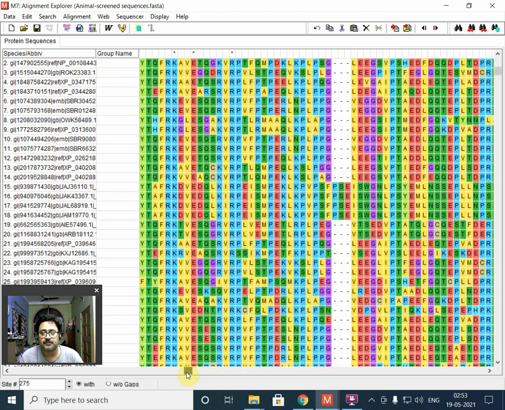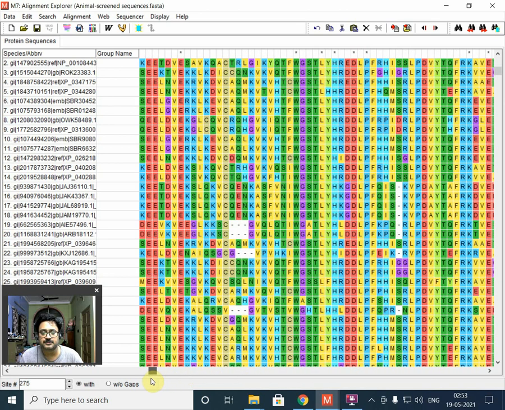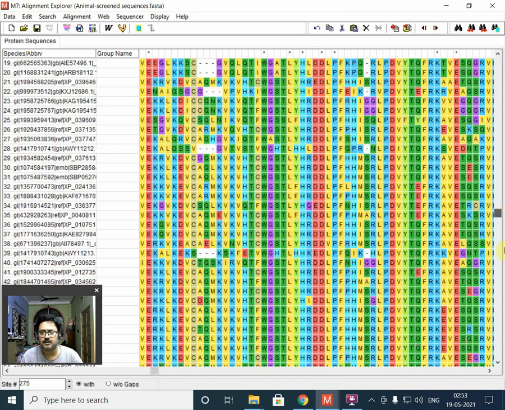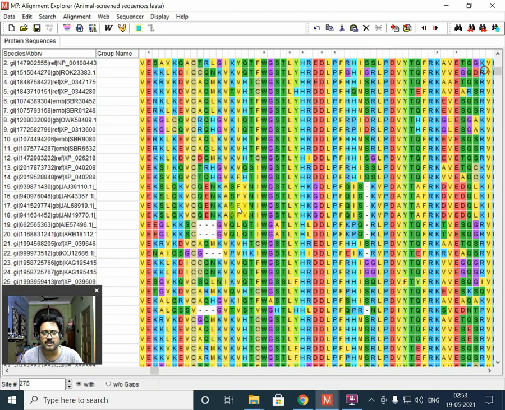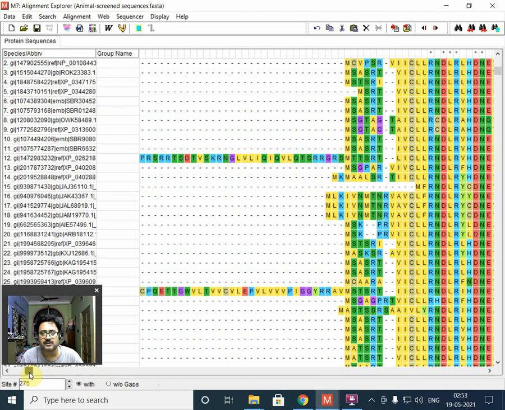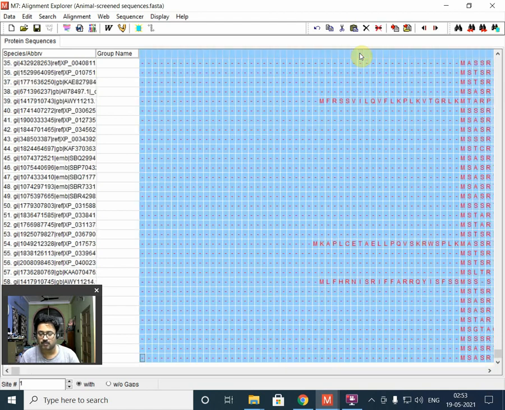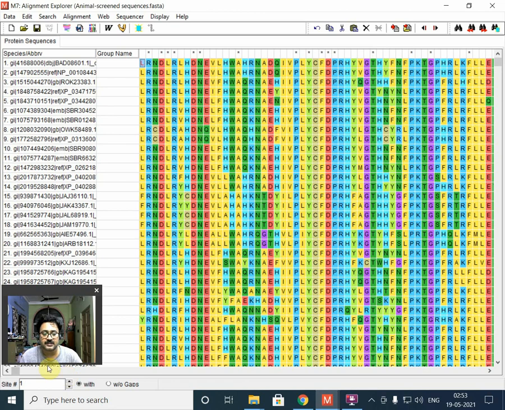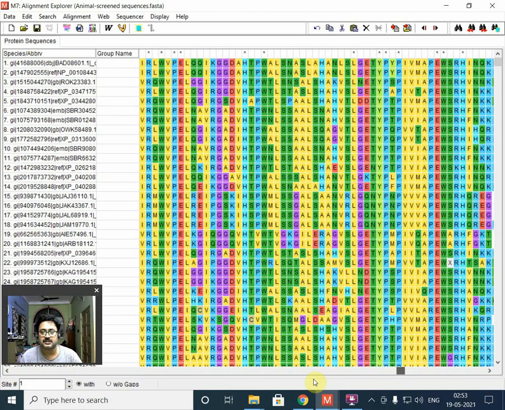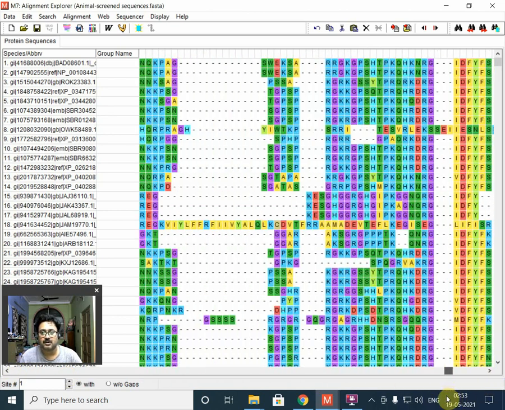From using the same data with two different algorithms, we have found the same result here also. We can select from here, press Home, and then delete it. This is nothing but cleaning or trimming the data.